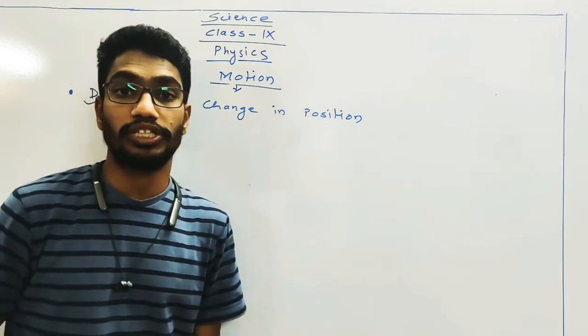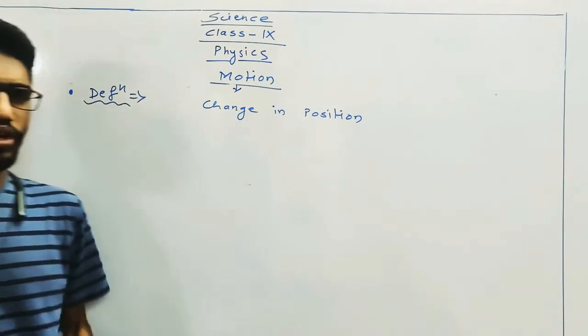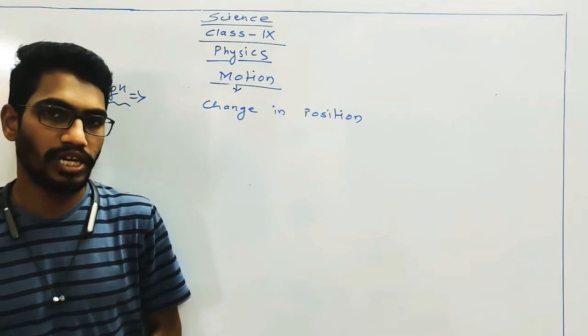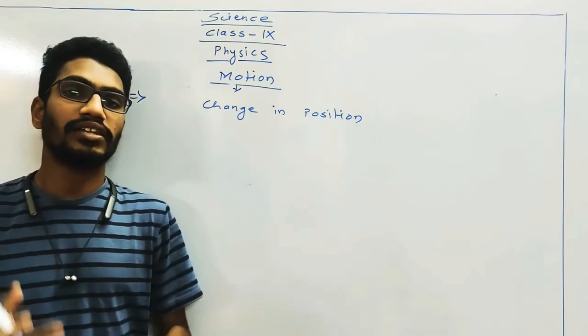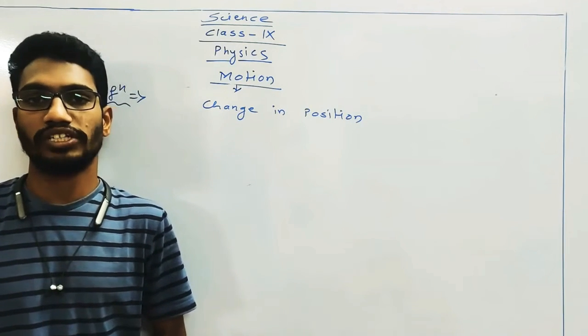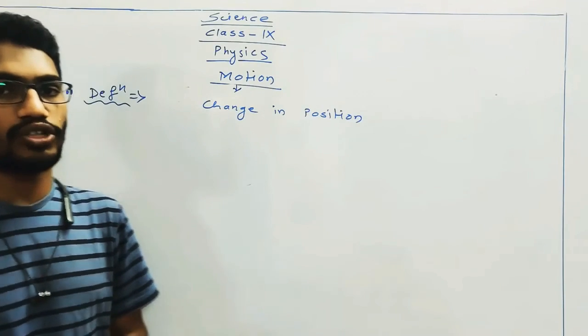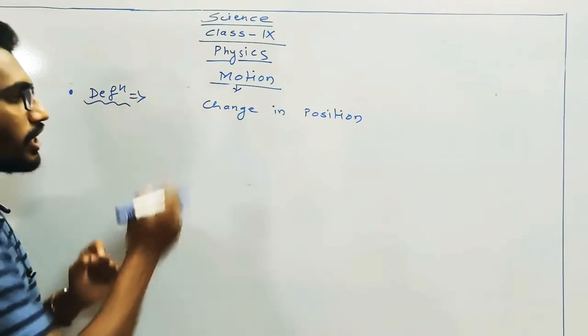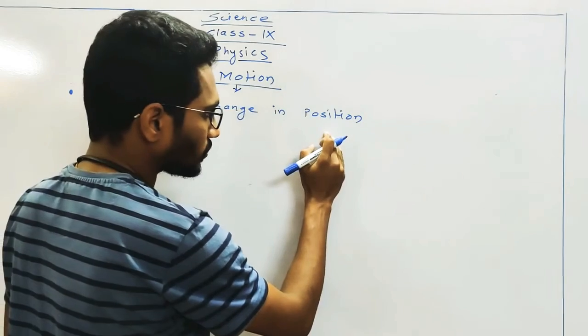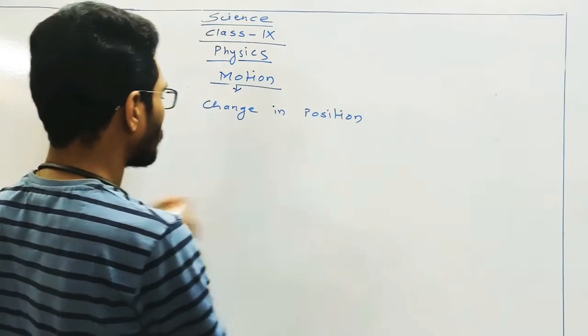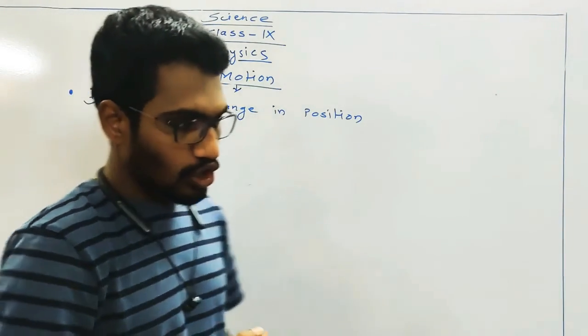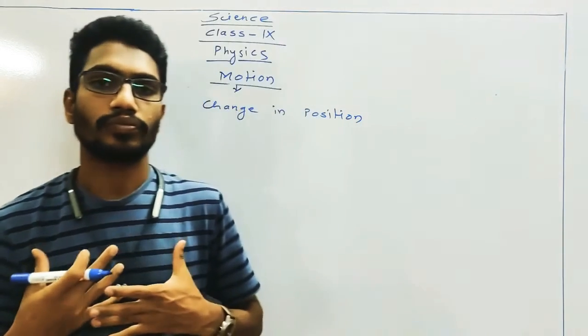position of an object, but this particular definition is there in class 7th maybe, but in class 9 we are going to elaborate this definition. We will give the specific definition for this. Okay, for example, change in position. Okay, so we'll take some examples for this. Okay, for example,